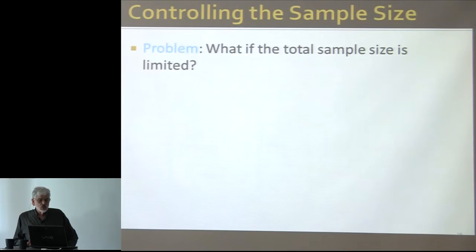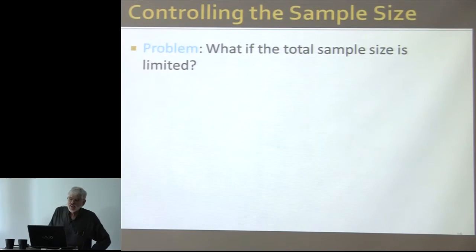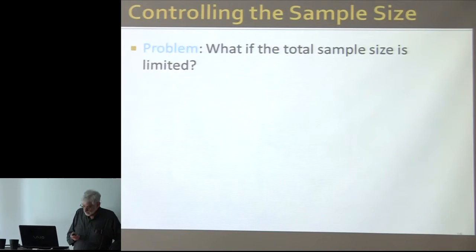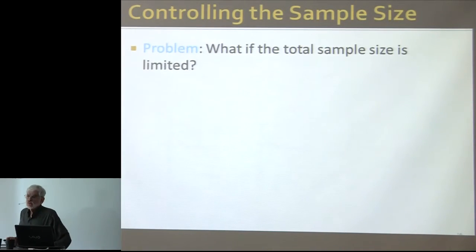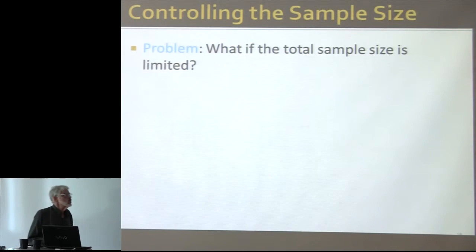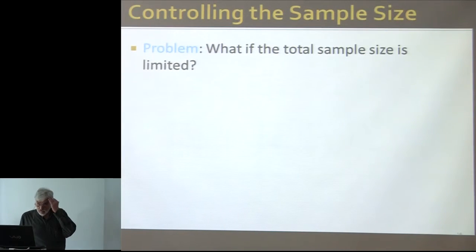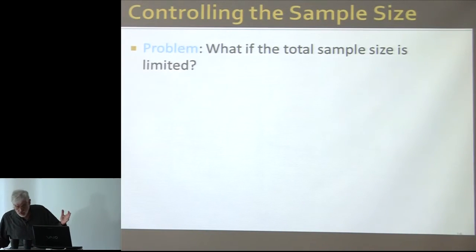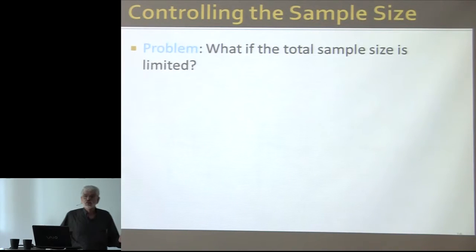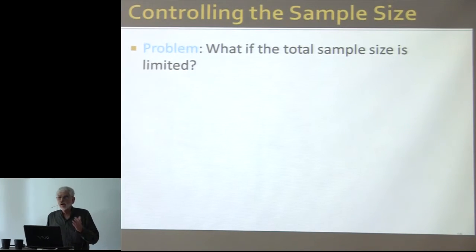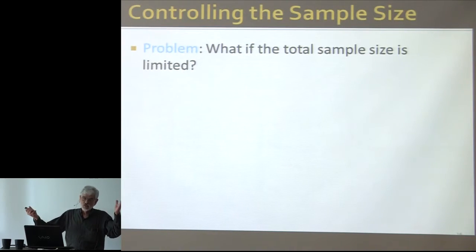Let me add some icing on the cake here. That's fine as long as I say, well, I want a 10% sample. If I wanted a 5% sample, I'd hash to 20 buckets. But what if I don't know how long my stream is going to be, and I don't know how many search queries are going to be asked in a month, but I want my sample size, let's say, to be no more than 1 billion search queries, no matter whether that's a 10% sample or a 2% sample or what.